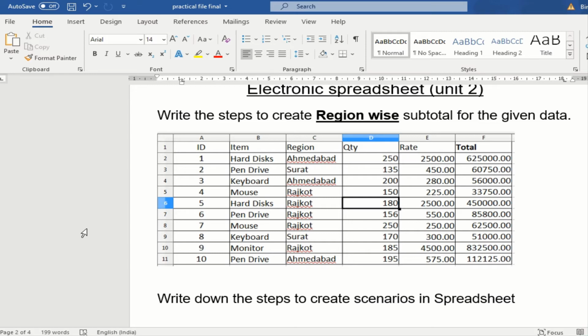Those who do not have access to OpenOffice spreadsheet and cannot do it will draw the actual output, how it is going to look after you do this subtotaling, on the left hand side. So those who have the screenshot will do it practically and stick it in, and those who do not have access will actually draw the entire sheet how it is going to look.